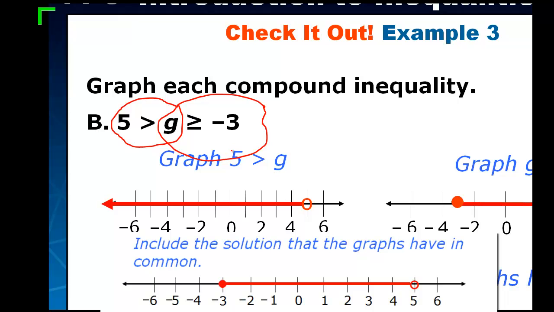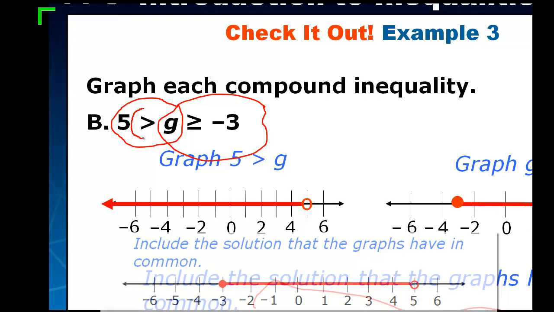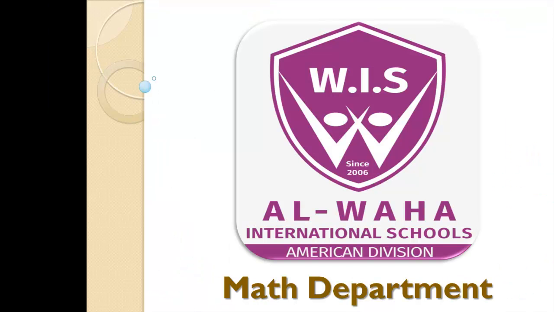So our set of solution will be only this part, from -3 to 5, and 5 is not a solution because it's an open circle, since here we have 5 bigger than g without equals. At the end, wait for the next video to solve our